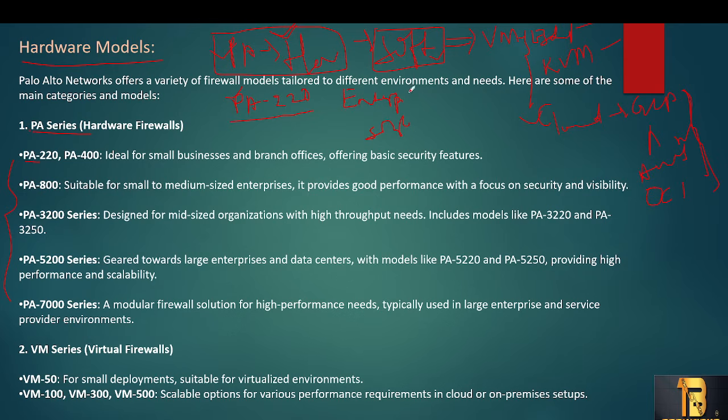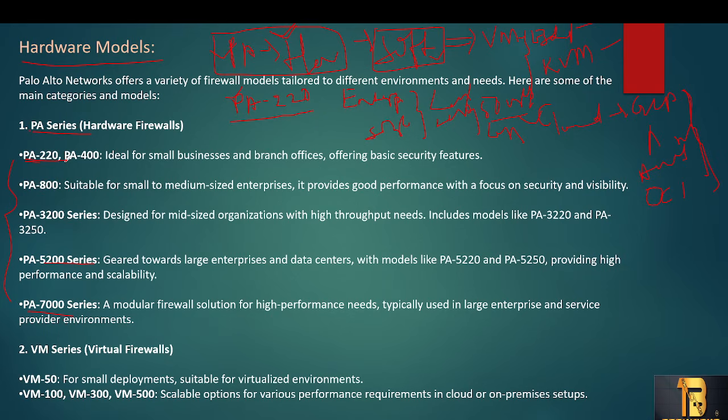If the enterprise has less traffic and a small number of users, buying a high-end model will not be suitable for them. If they have 50 users, there will be less traffic, and these high-end models cost crores of rupees. So if the company size is small and the budget is low, going with high-end models is not usable, so they will go with low-end models.